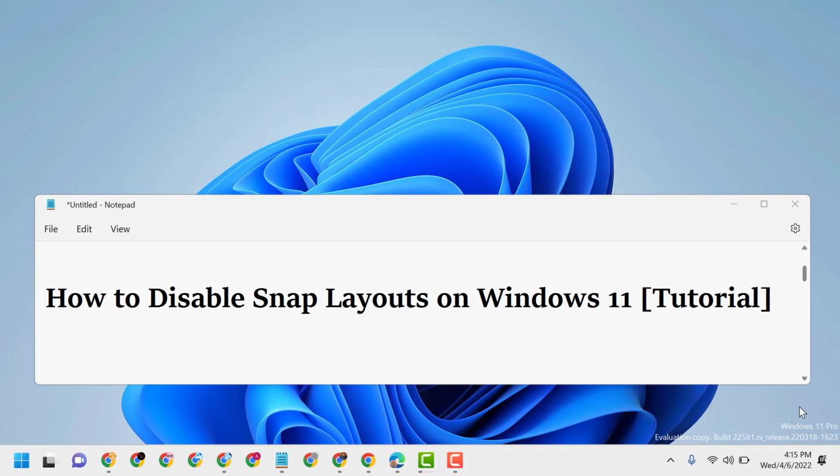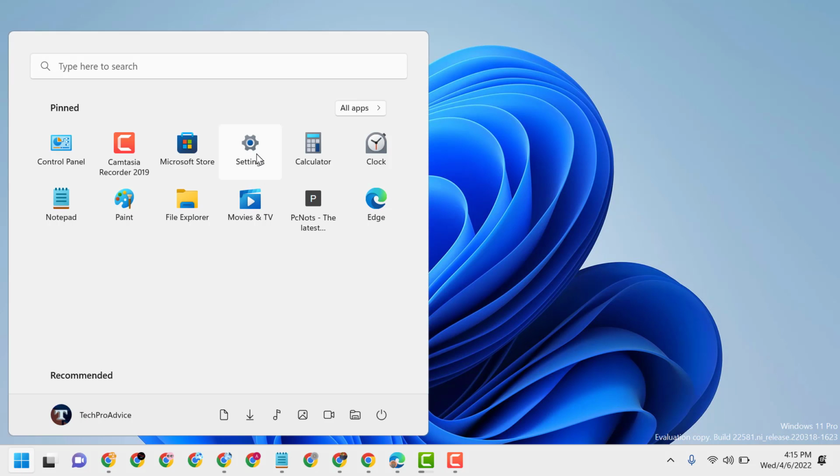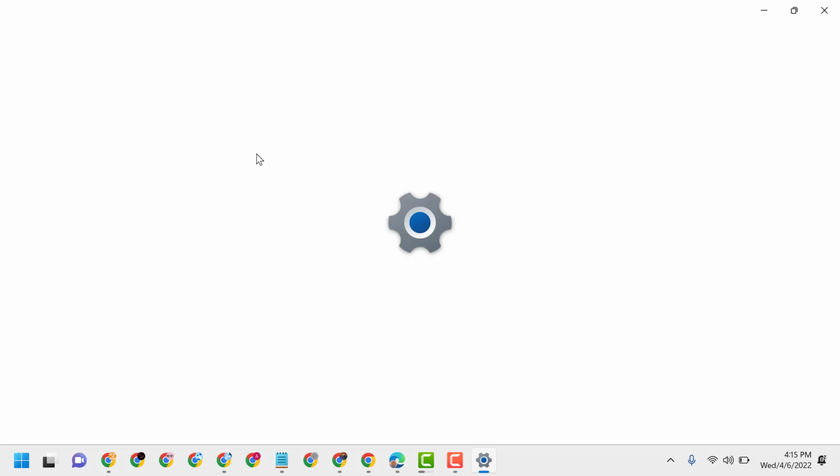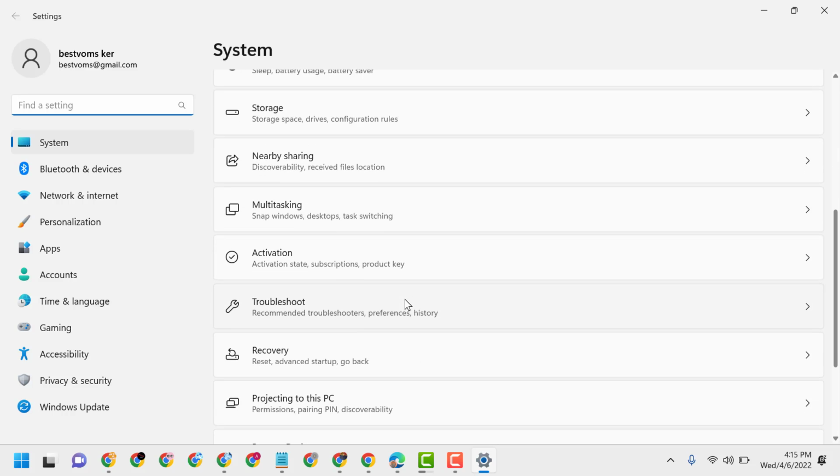Hello guys, in this video we will learn how to disable snap layouts on Windows 11. So firstly, start settings. Now guys, in this list you have to find multitasking. Click on it,